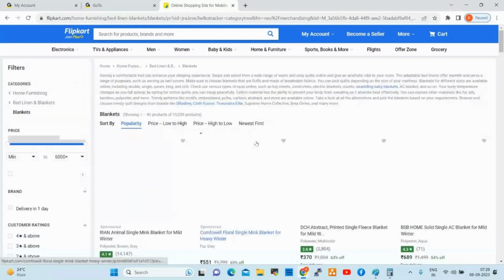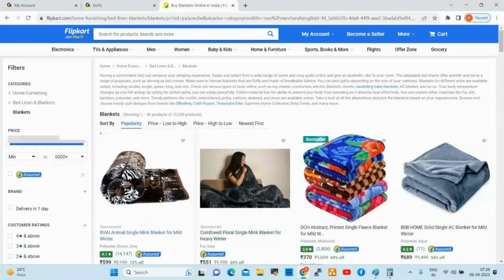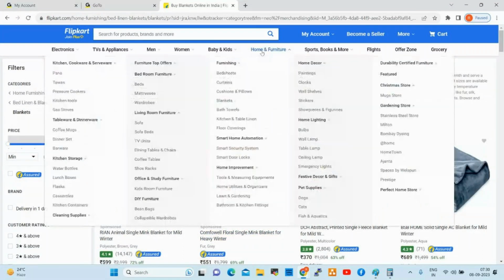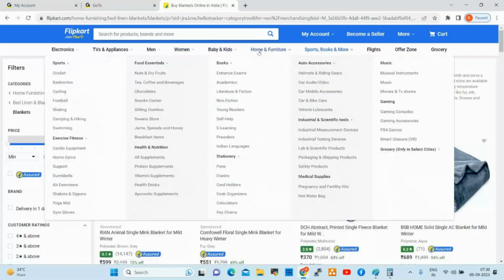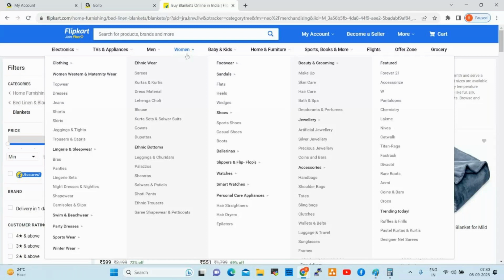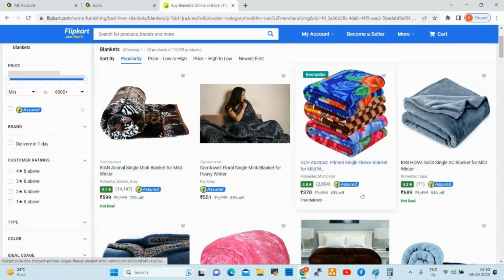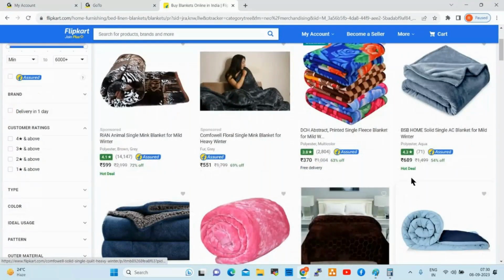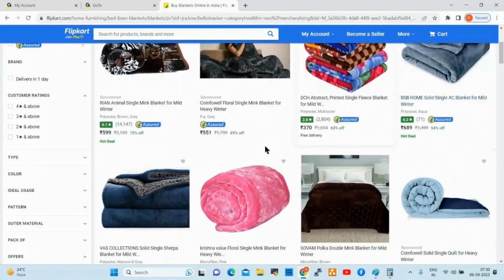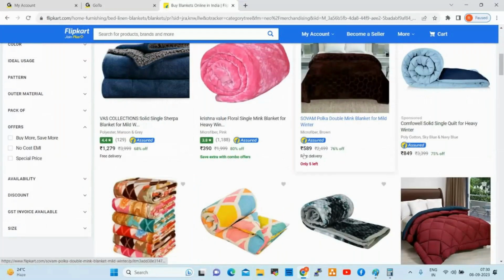See here, these are all microservices, right? Every moment this pricing will change, this product will change. Sometimes they show you out of stock, hot deal, free delivery, only five left.